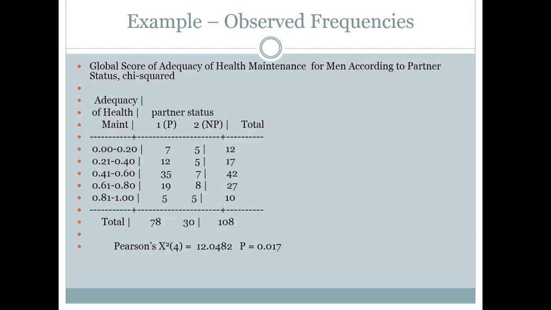In this slide at the bottom, as you can see, our Pearson chi-square statistic with a degree of freedom of 4, our computed value was 12.0482 and our p-value was 0.017. Well, that's because 12.0482 is definitely higher than the critical value of 7.84 at a p-value of